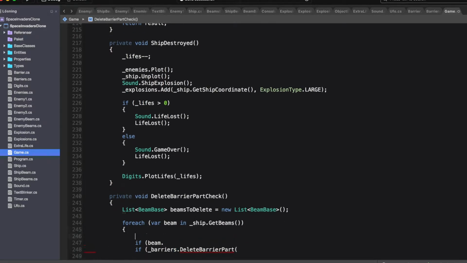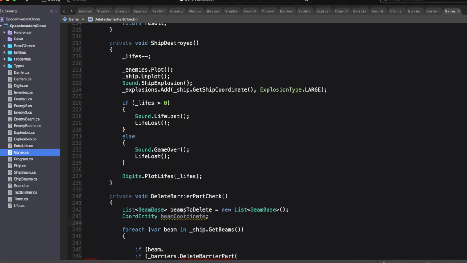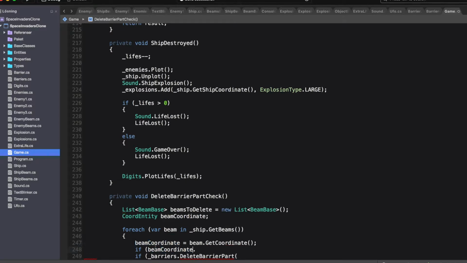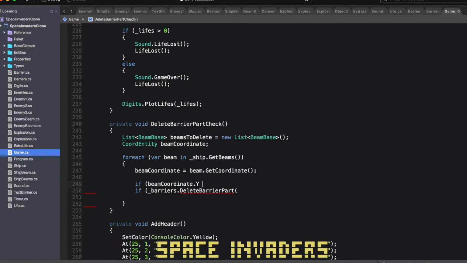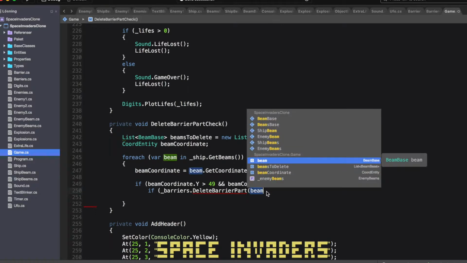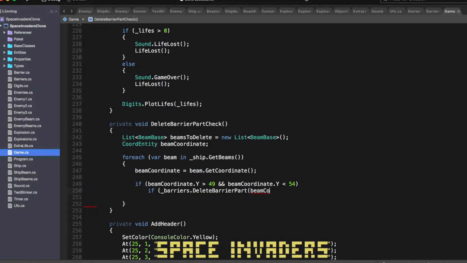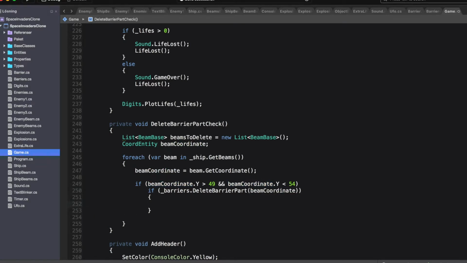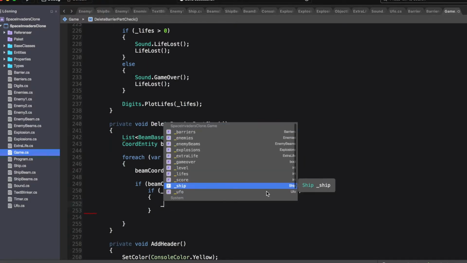We need another variable here, a coord entity, beam coordinate, and here we set beam coordinate to beam.getCoordinate, and now we write if beam coordinate y is greater than 49, which is the row where the barrier starts, and less than 54, which is the final row of the barrier. If we're within range vertically, we check if the barrier delete barrier part